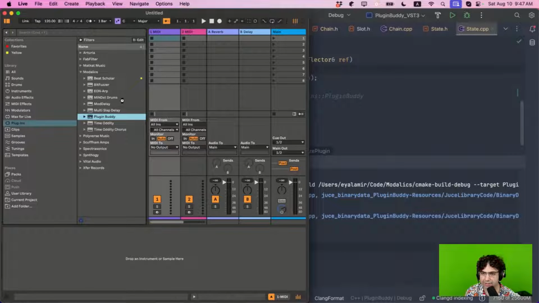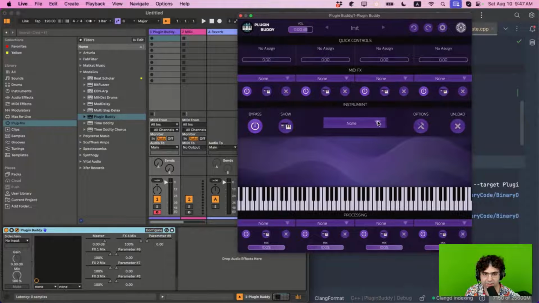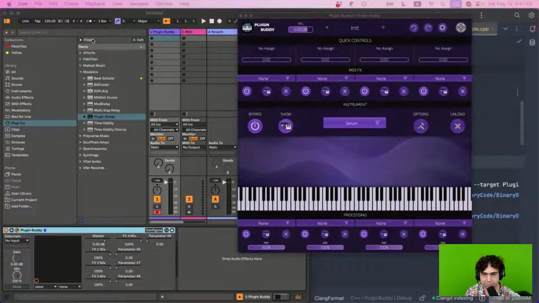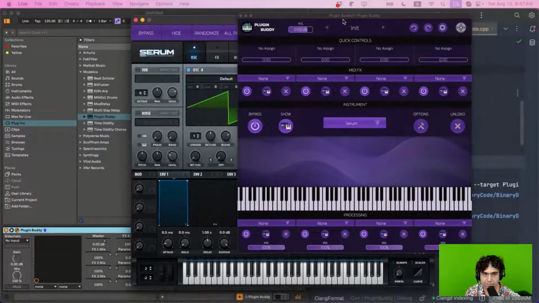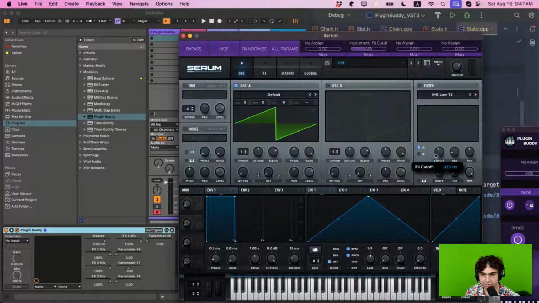So here's Plugin Buddy. Okay, that's good. Let's load the UI. It's on the other monitor. Okay, let's bring up Serum. And then I'm going to map cutoff. Okay, first of all, you can see that it did update the numbers, but maybe it would be good